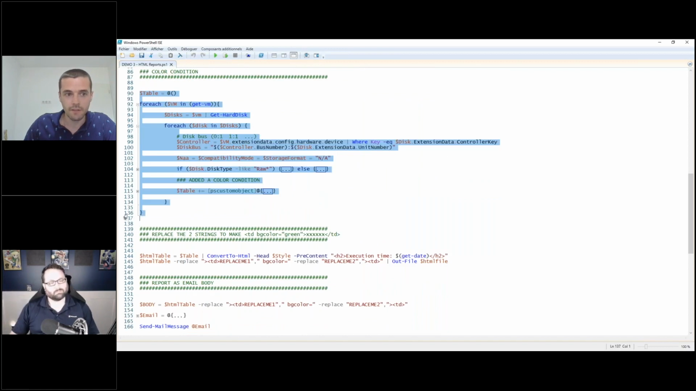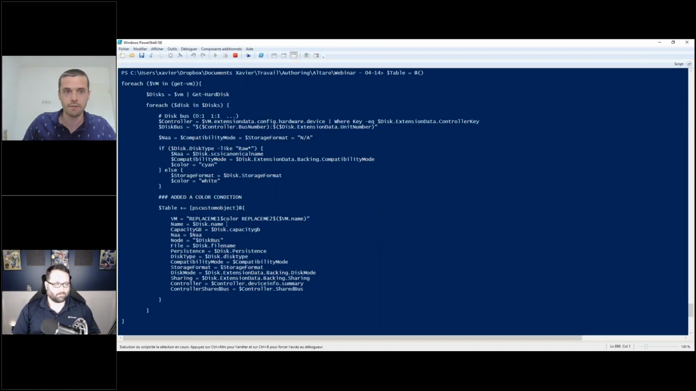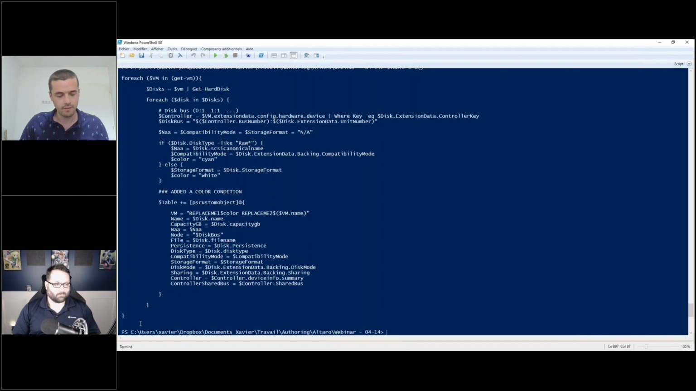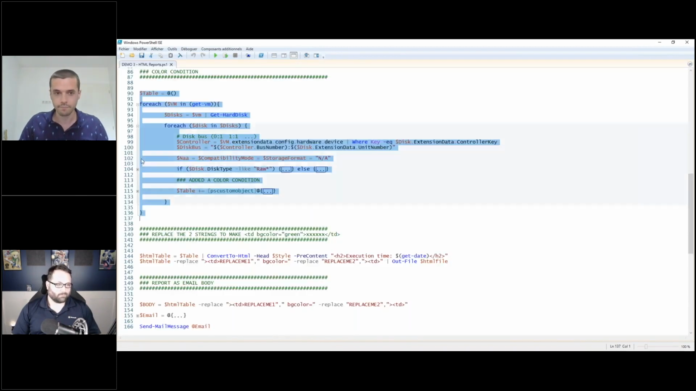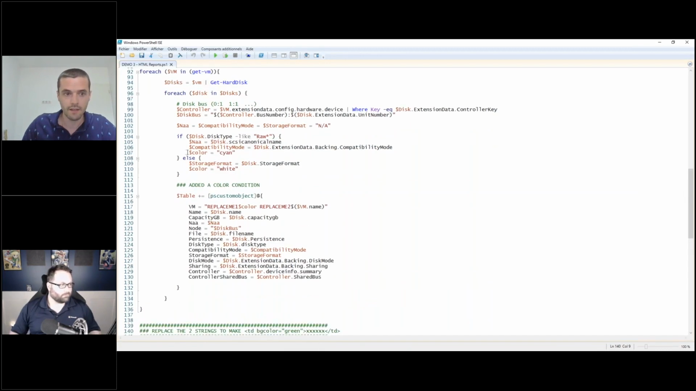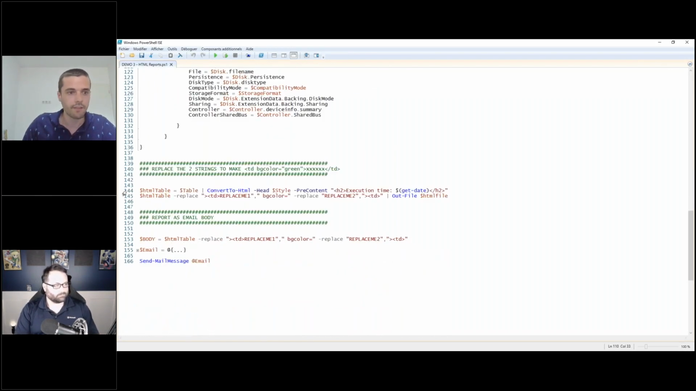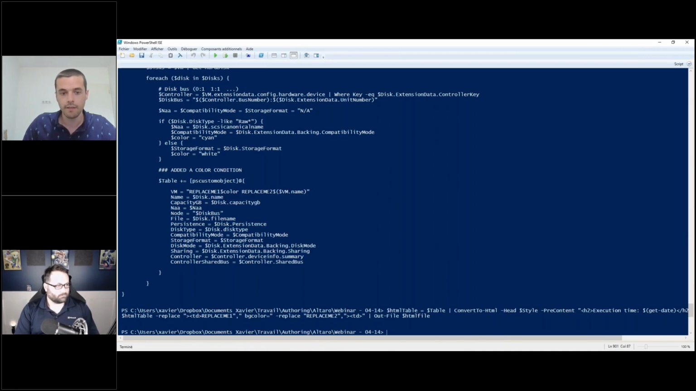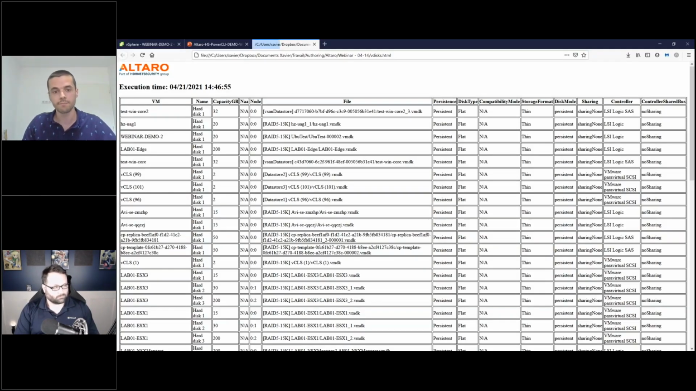You can keep improving it. So in this case, I'm recreating it with a color condition. So let's run that. I just updated the table. What I'm doing is setting a color variable somewhere in the script that I replace later on when I create the HTML file. And now when I update it,